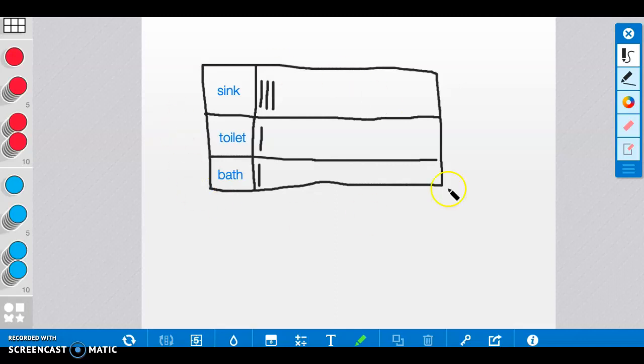You need to make a chart like this and tally how many times your family members are using water from the sink, water from the toilet, and water from the bath or the shower. I cannot wait to see your tally charts. And then make sure you keep your tally chart in a safe spot because we will be using our data we've collected to make a bar